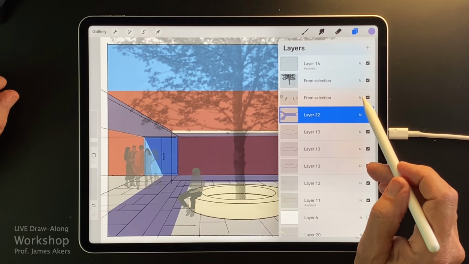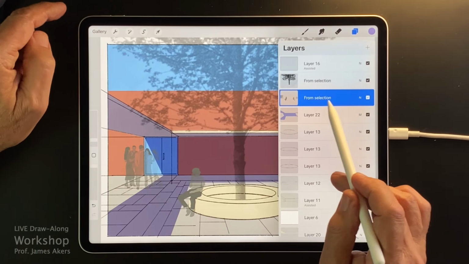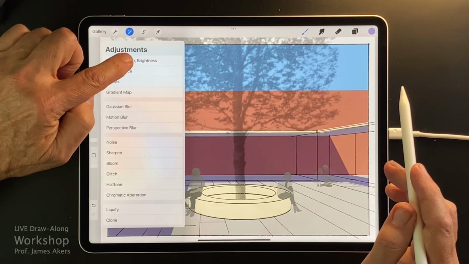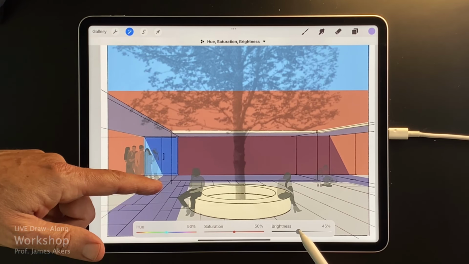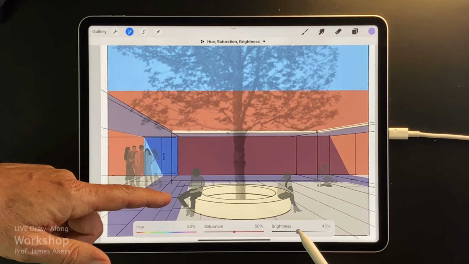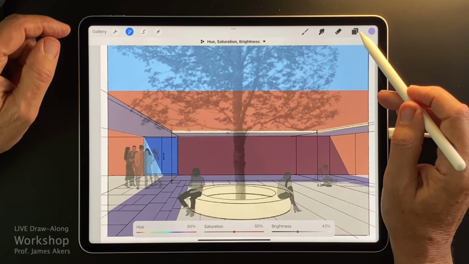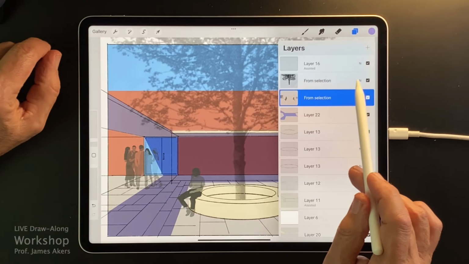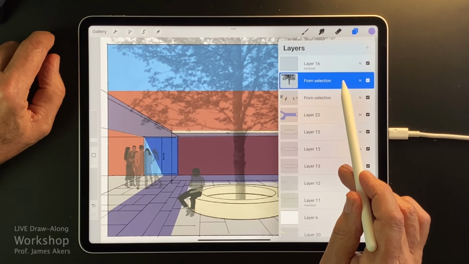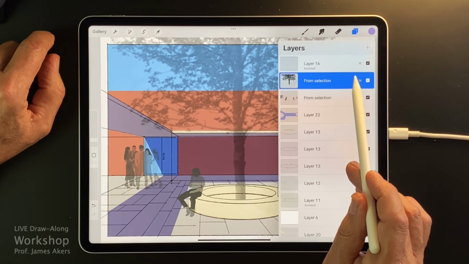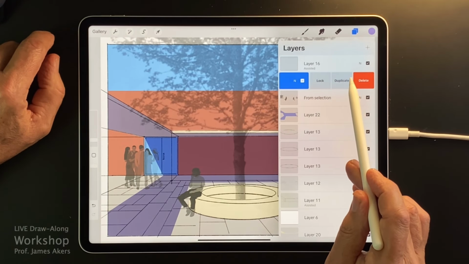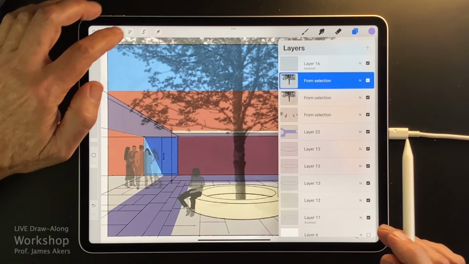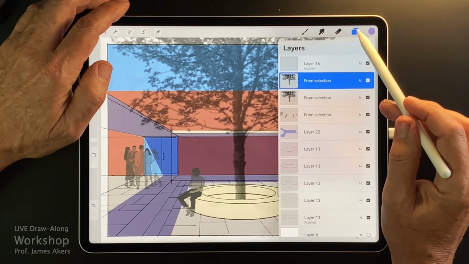We're left with very light people, which can now go darker. So I'll select the people, and I will darken them. But you know, I like to keep their clothes light if possible, so I'll only go so far with that. And then the tree, I think, could benefit from being a little darker, so I'll tap that layer and do that, and duplicate it, and you can see how that multiplies things.